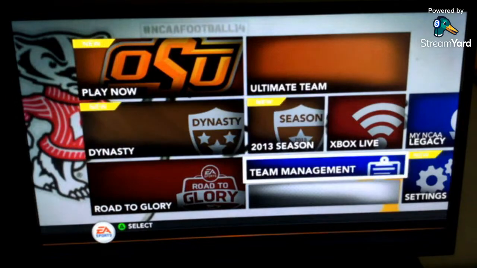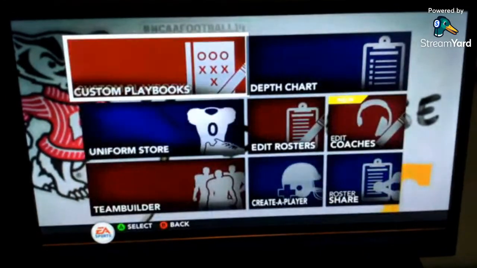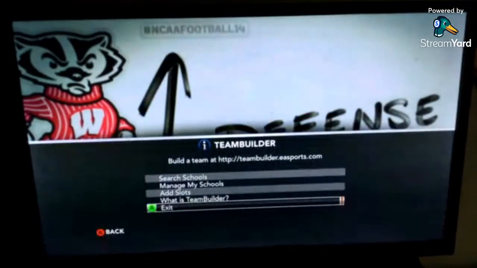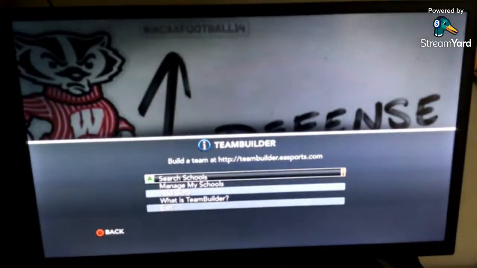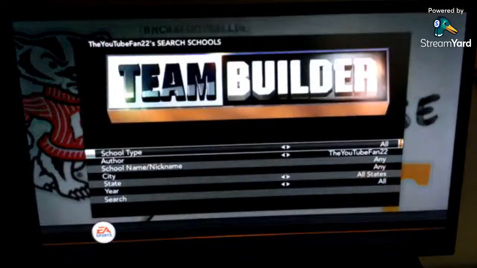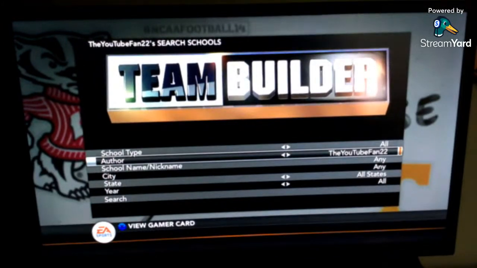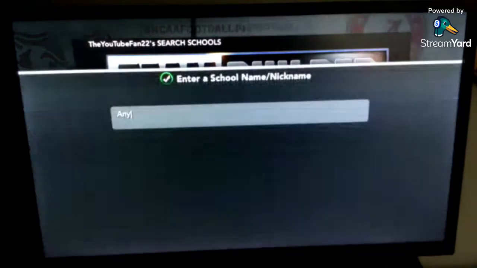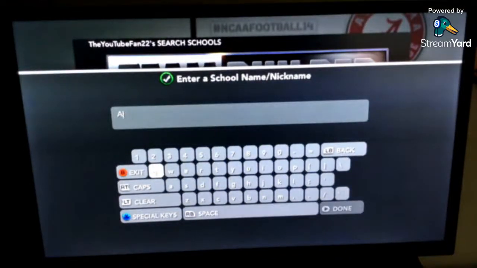So now you're going to go back to Team Management, Team Builder. This time, instead of Manage Schools, you're going to go to Search Schools. Then in this category, you want to go to any author, and then you type in the school you want to do. Since Rio Grande Valley is starting up a team, we are going to